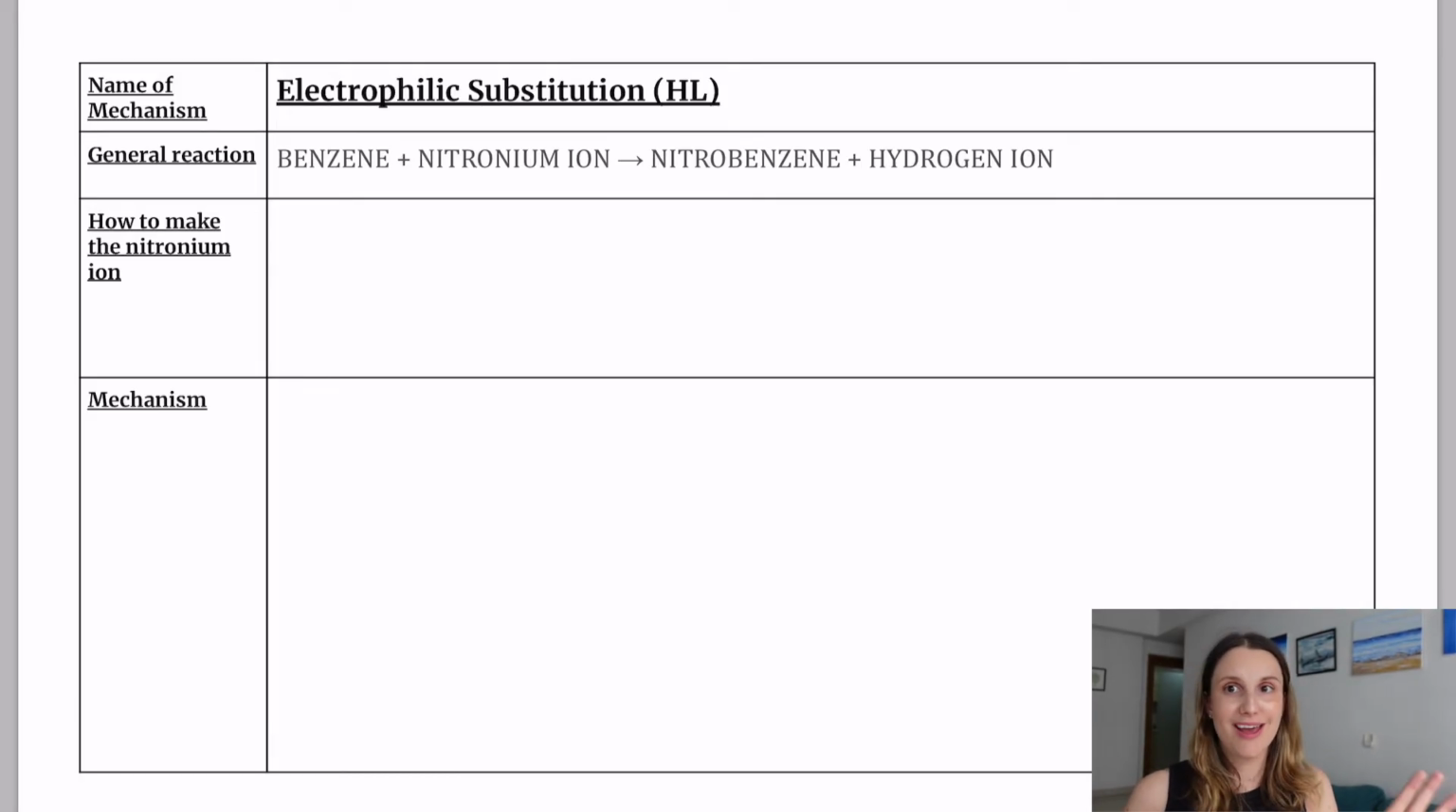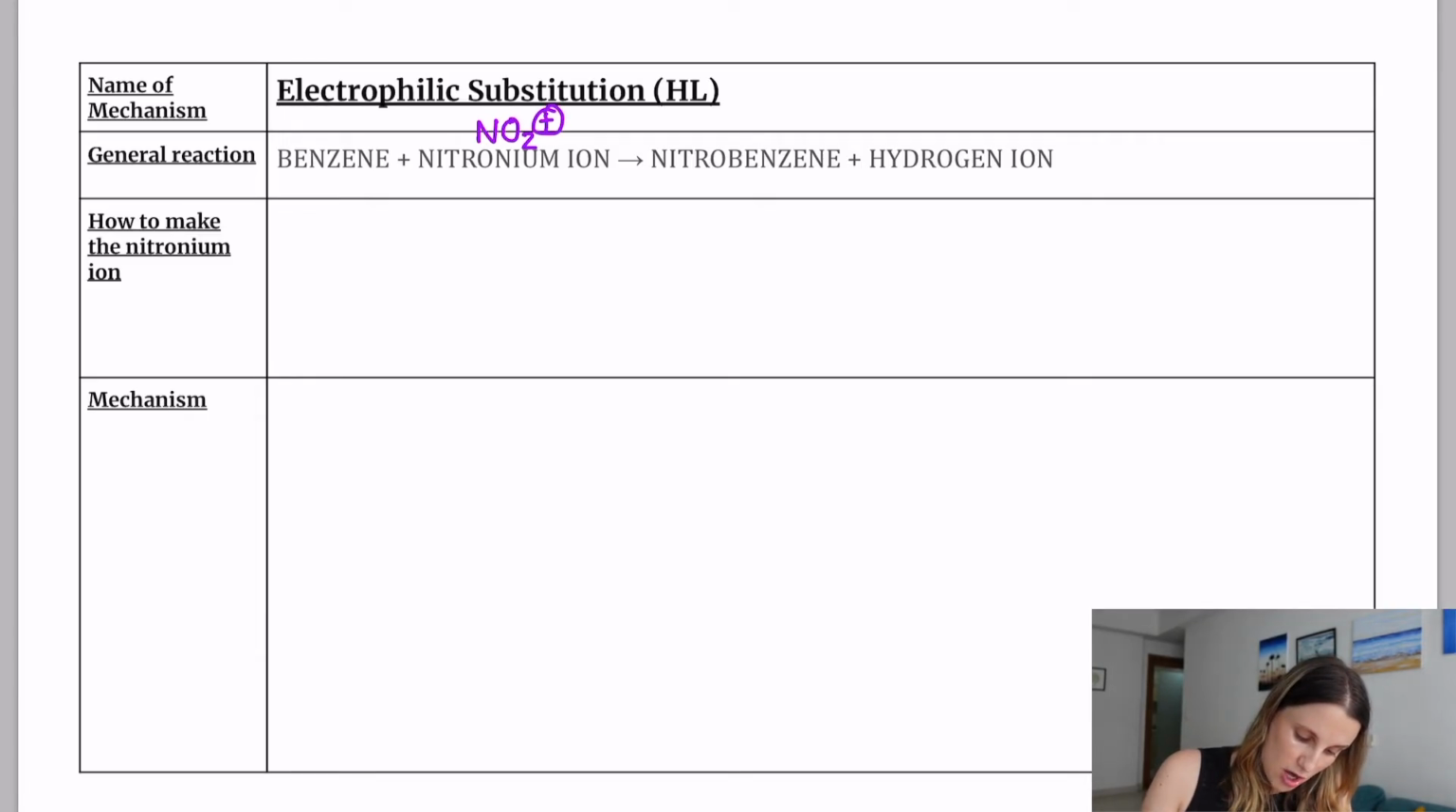So if you know this one, then there's really not much more that they can throw at you, to be honest. So this is the reaction between benzene and the nitronium ion, which is NO2 with a positive charge. It makes nitrobenzene and a hydrogen ion as the products. So rather than showing the example reaction, because this really is an example, this box has now become how to